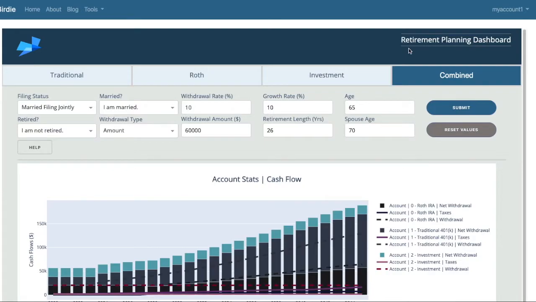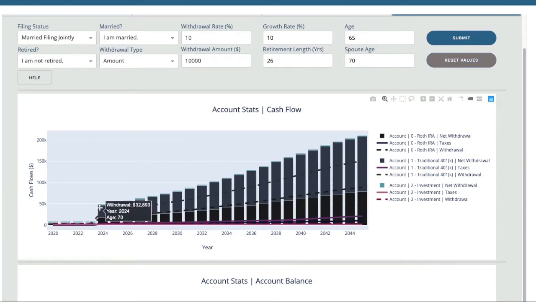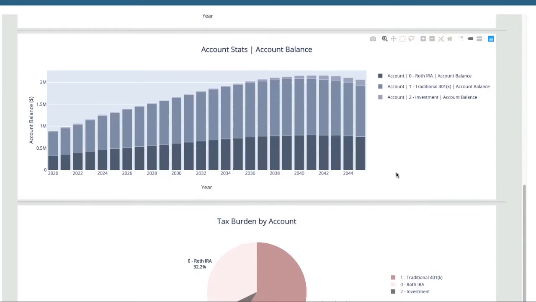The Birdie Retirement Planning Dashboard has a number of variables that you can use to reflect your personal retirement situation and also visualize potential future outcomes. The account stats graph shows a reflection of net withdrawal, taxes, and withdrawal by each one of your accounts. Looking at the account balance section, this shows your account balance over time, factoring in taxes, withdrawals, and anything else